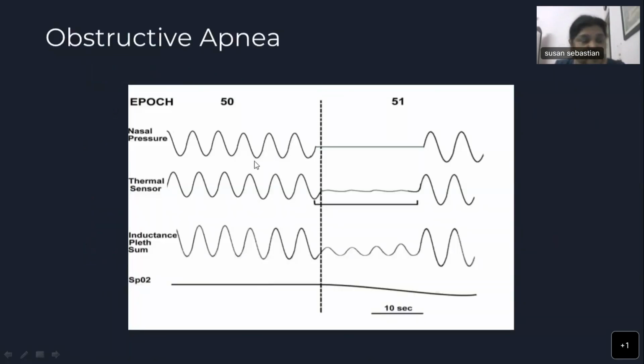Obstructive sleep apnea is defined as an absence of airflow despite persistent ventilatory effort. If you look at these two, they are airflow. This is the muscular activity, and this is SpO2. So there is no airflow at all, despite a lot of muscular activity happening here. Here you can see even the spikes are going up. So there is more activity happening to improve the airflow, but the airflow is not there, and the saturation is falling. That is an obstructive apnea pattern.